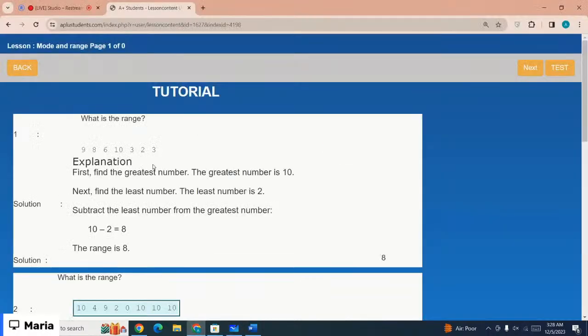Okay, what is the range? Right, let's understand what mode and range are. How do we calculate them, right? So, for the range, what you have to see,